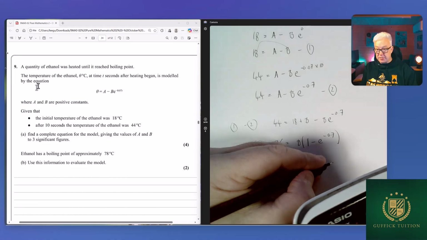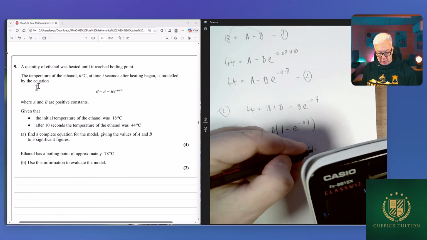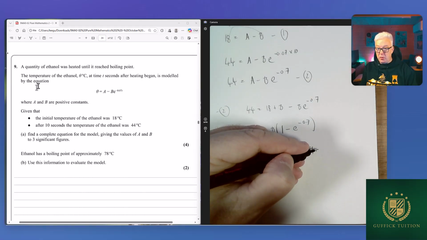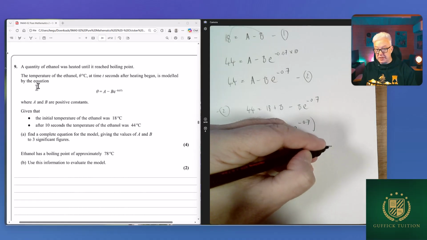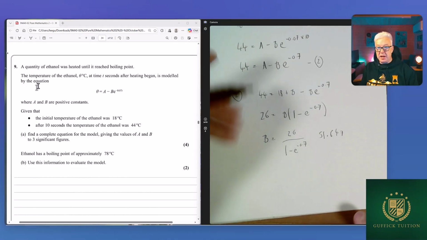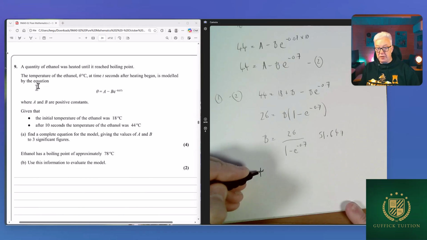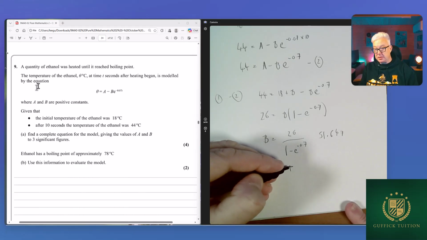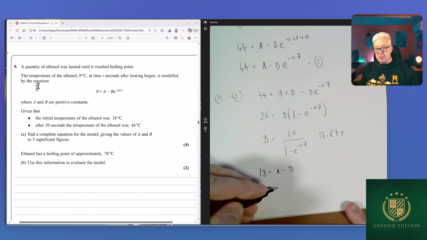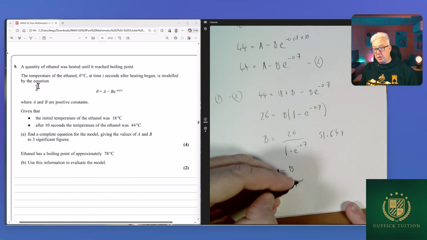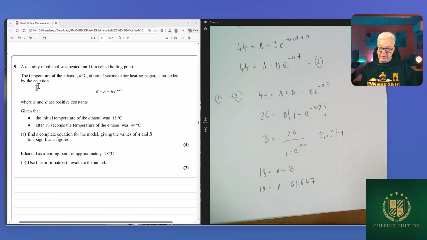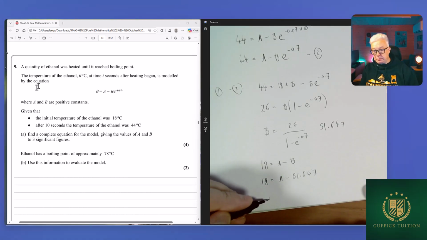51.6. So let's write that down. We'll write it down to a few more significant figures while we're finding the other constant. 51.647. Okay, so that's our B. Now, we know from equation 1 that 18 is equal to A minus B. So 18 is equal to A minus 51.647. So therefore 51.647 plus 18, which is 69.64, is going to be our A. So A is equal to